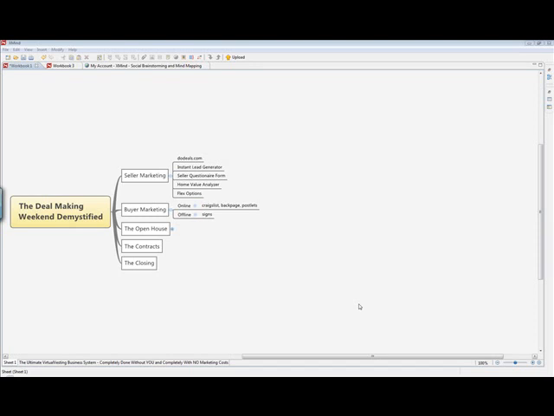And the way we push them is that we tell them, look, we have a team of investors with us this weekend, and we have several houses that we are selling. We're doing this big project this weekend, and so if you want your house to be one of the houses that we're going to use in our marketing this weekend, we're going to have a lot of buyers that we're going to be showing houses to. If you want your house to be one of those houses that we're going to try to sell this weekend, I need you to get me the flex option back right away.